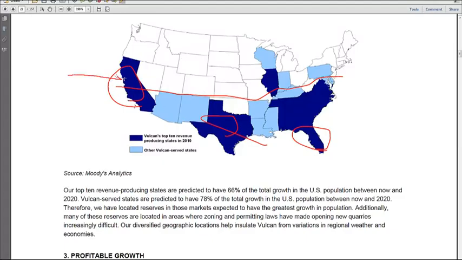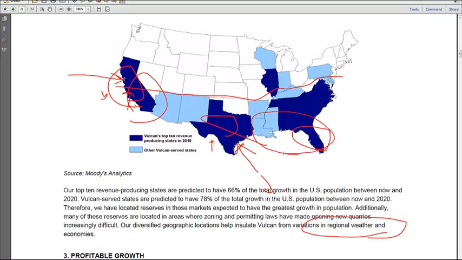So if you have a governor in California who decides they're going to stop building highways, whereas the governor in Texas is like, let's build more freeways, tollways, whatever we can, you're insulated because your business will go up in Texas, even if it's struggling in California. Also, there's issues about weather. Bad weather can stop construction projects. So the geographic diversity allows them to weather a problem in one area and still get growth in another area